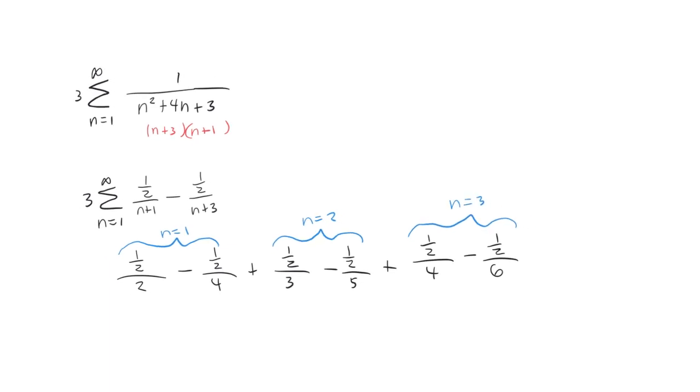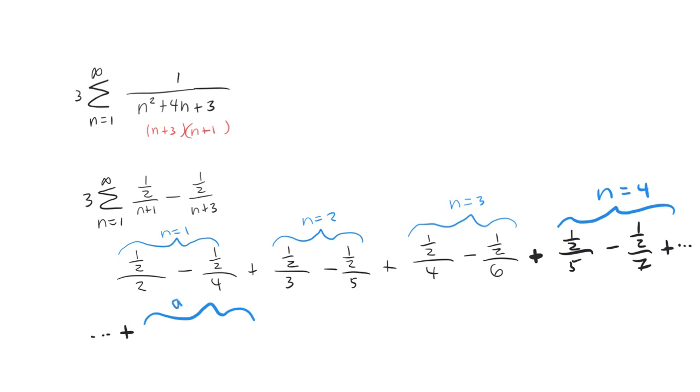And it goes on like that, right? So let's just do one more to make sure that we're really wrapping our heads around it. So we'd have 1/2 over, in this case, 5, minus 1/2 over 7. Now, some of you are already noticing, I'm sure, that stuff is going to cancel. So we have n equals 4 right here. Now let's investigate